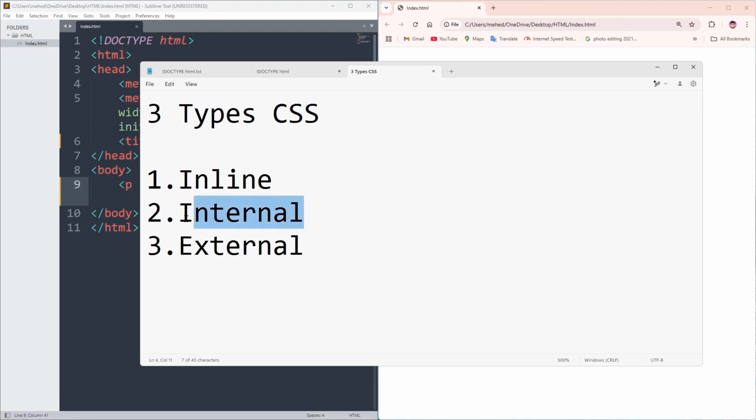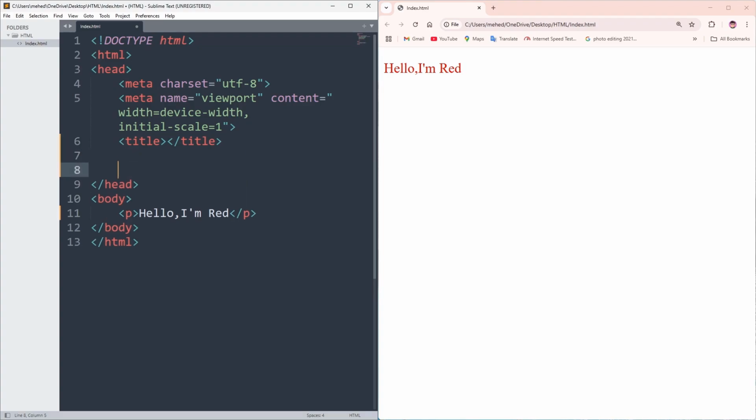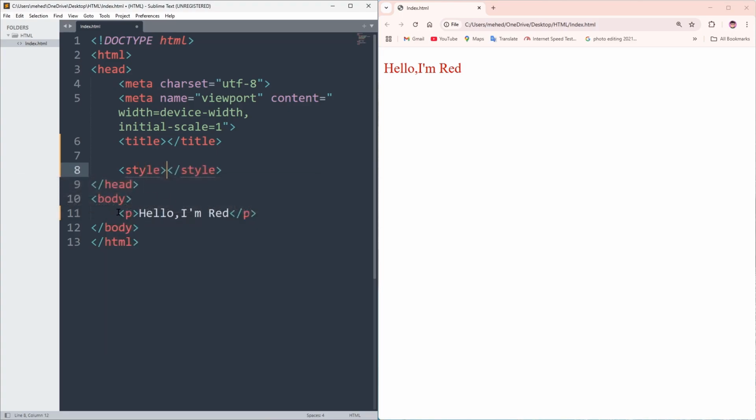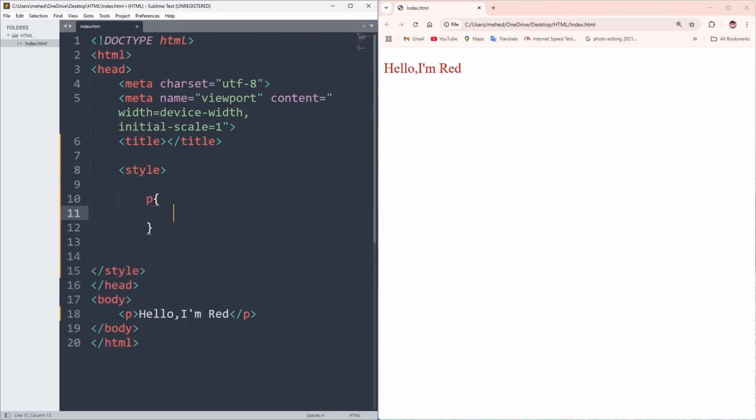And now the next one is internal CSS. For that, what we have to do is, internal CSS basically goes into the head section of an HTML file. So before that, we're going to delete this inline text, and we need to come into the head section, and in the head section we need to add the style tag. In the style tag we want to customize the color of this P tag. So for that, we just need to type P and give the curly brackets. Inside the curly brackets we can simply add the color,